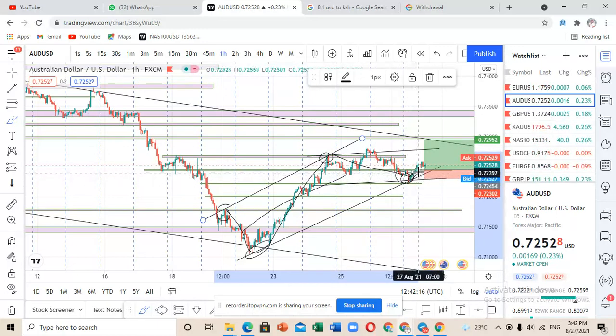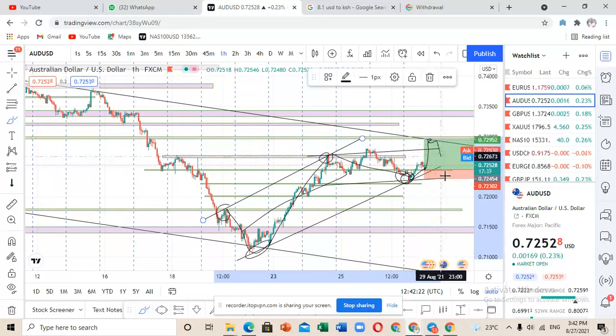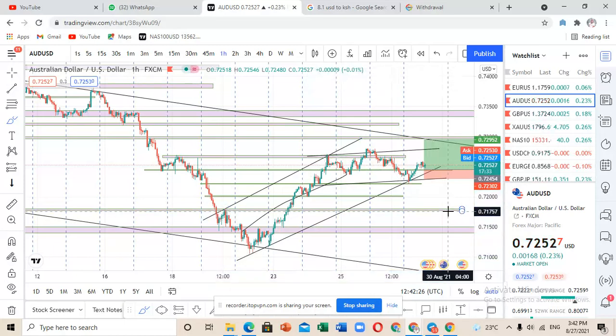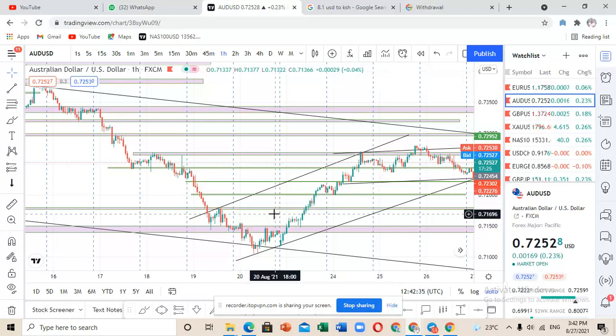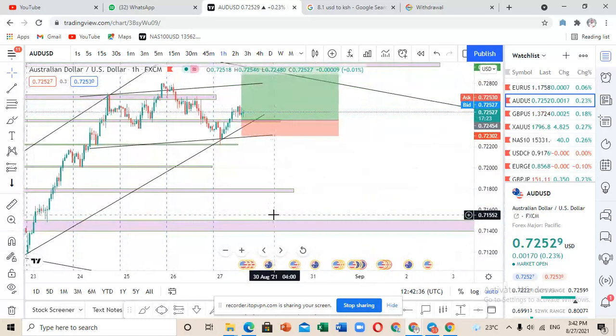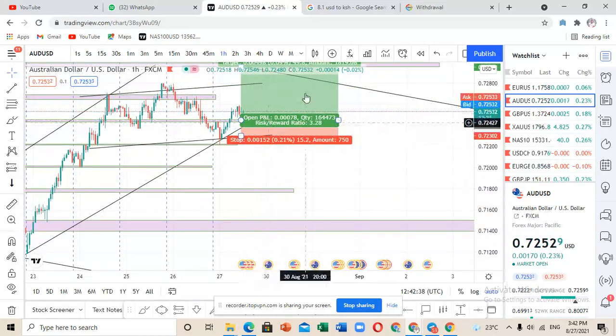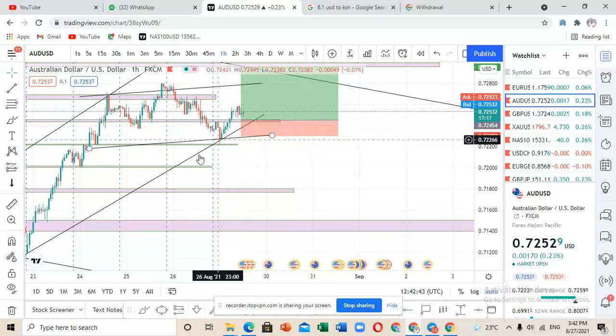Currently we are expecting that the market is going to move to the upside to touch this final trend line here before moving towards the downside. So that is the lineup that I have. Currently I've got a trade on AUD USD. You can clearly see this is the trade that I'm planning. Markets usually have a certain characteristic.